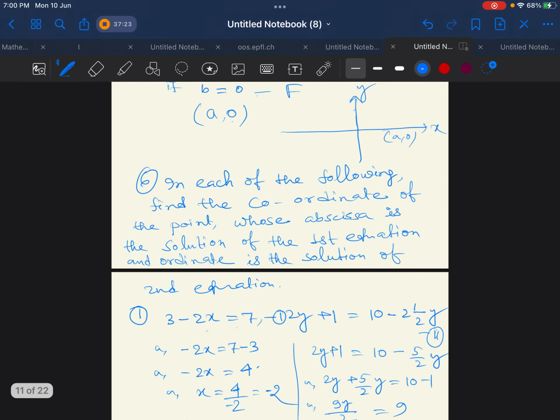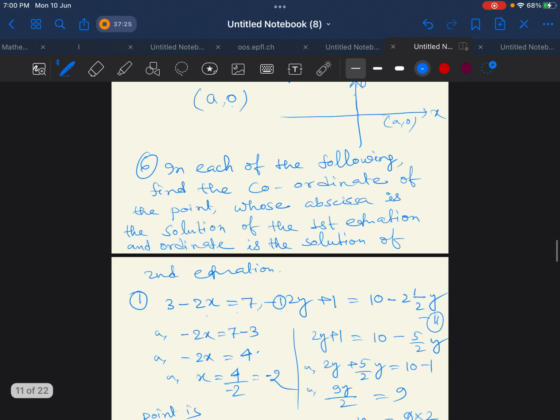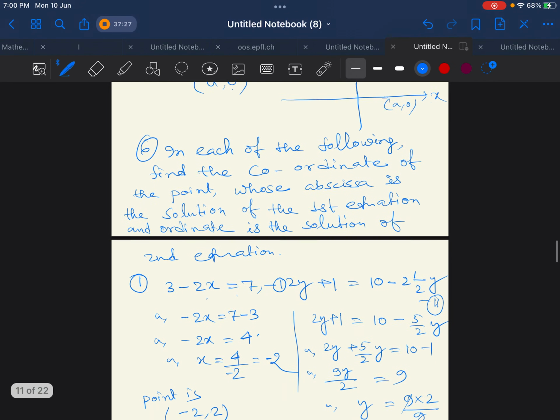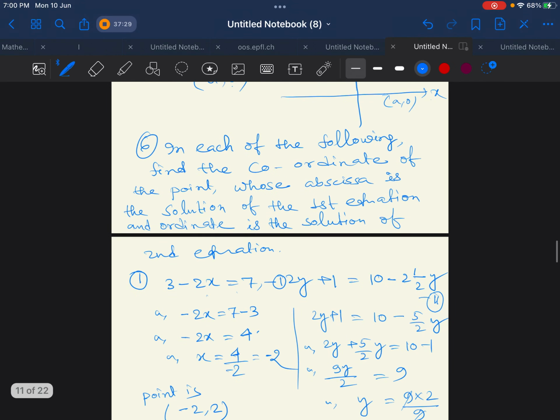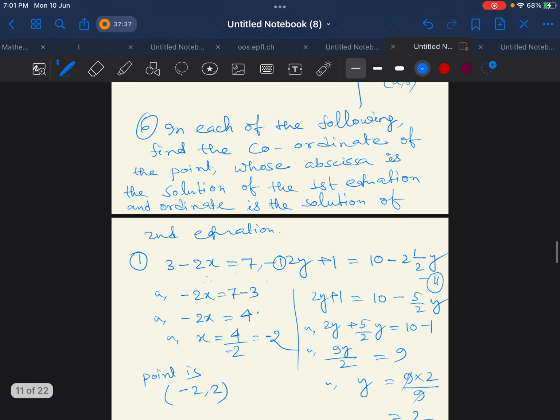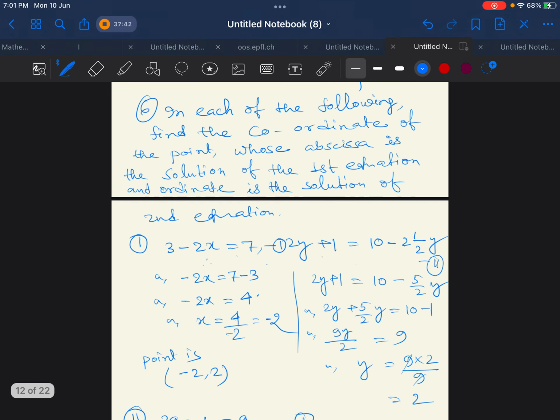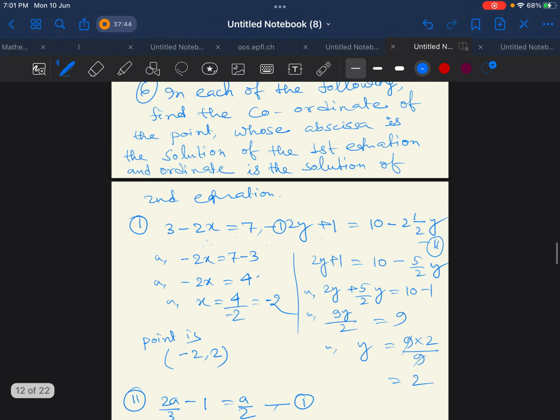In each of the following, find the coordinate of the point whose abscissa is the solution of the first equation and ordinate is the solution of the second equation. From equation 1 we get the value of x, the abscissa, and from equation 2 we get the value of the ordinate. So from the first equation we get